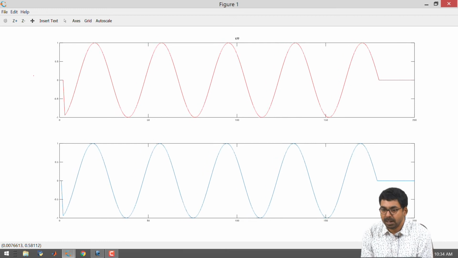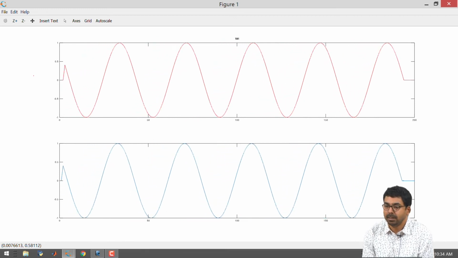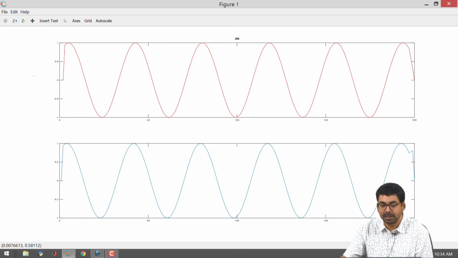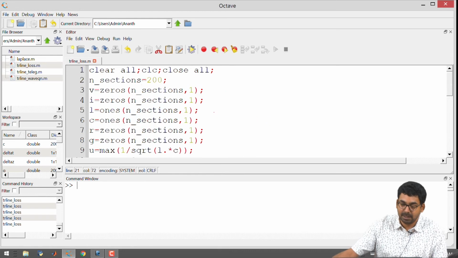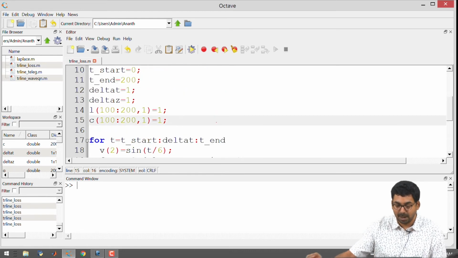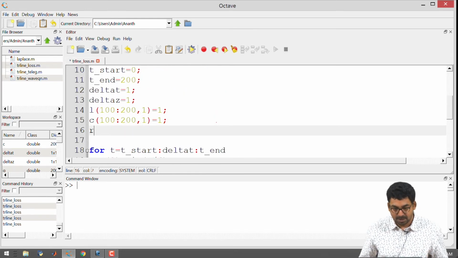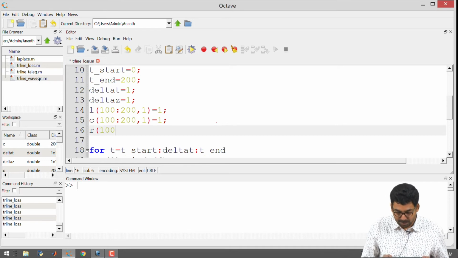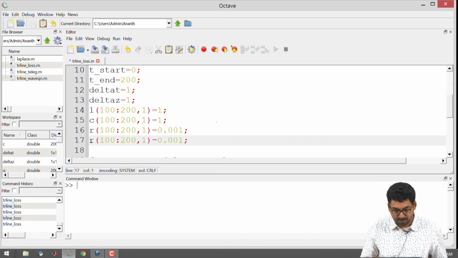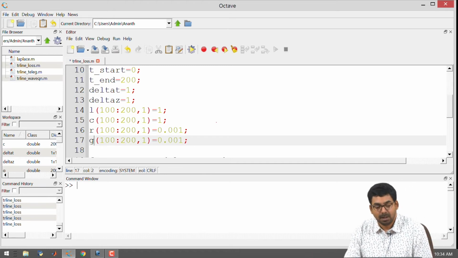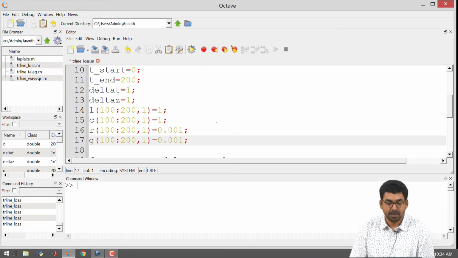We are going to consider transmission lines that are lossy, but the values of R and G are much less than the values of L and C. So, I will introduce a small amount of loss in the second half of the transmission line. I will have R from 100 to 200 equal to 0.001, and I am making G from 100 to 200 also 0.001.